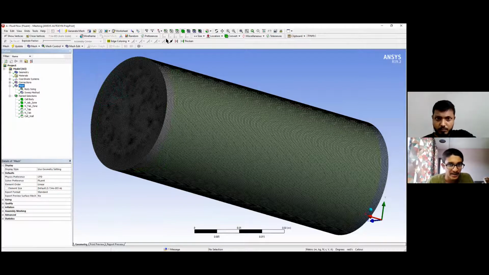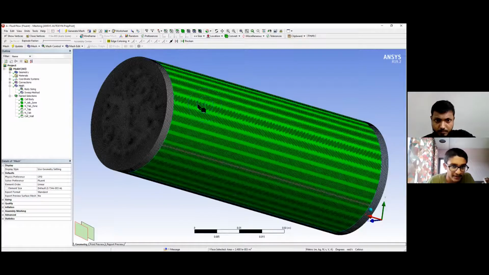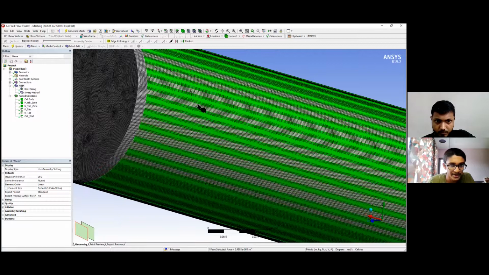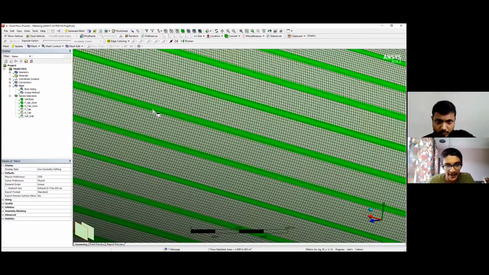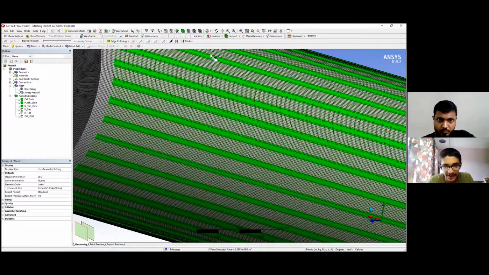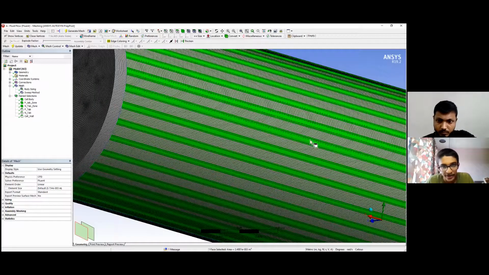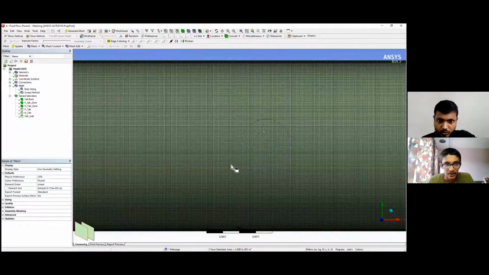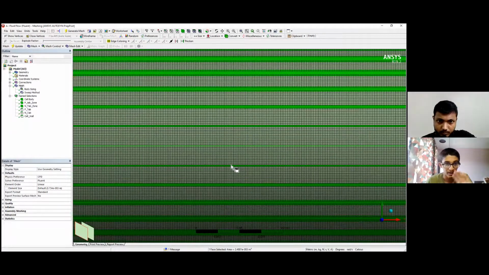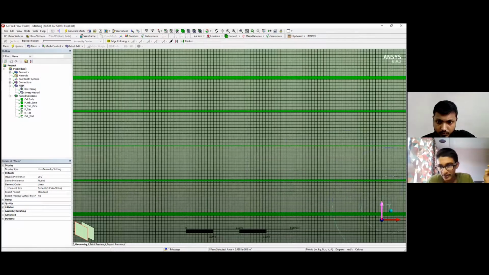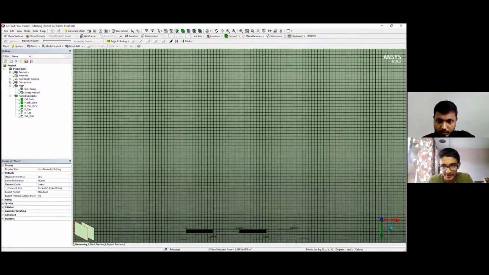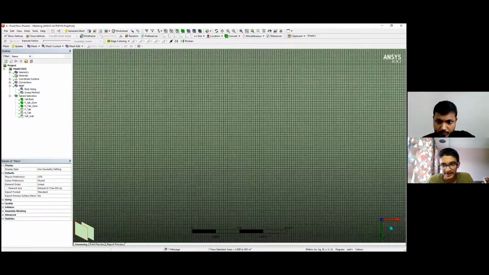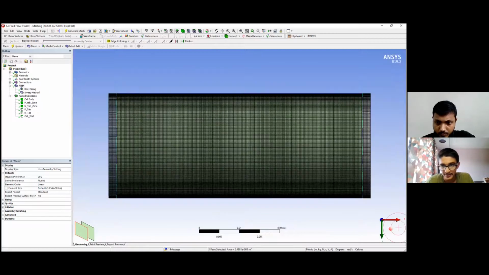So still, I think the problem remains. We have not got a very structured mesh, because can you see the top view? From the axis, directly click on the Z axis on the coordinate system. Click on the Z axis. Yes. Sorry, I need the top view. So can you look at some other axis? Y axis, X axis. Yeah. So the X axis is the view. Take the X axis. Yes.